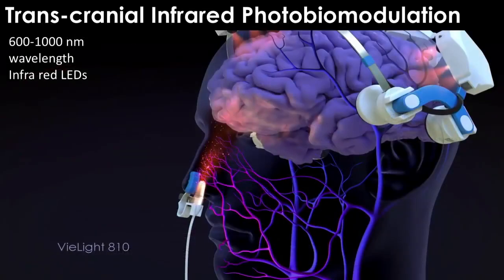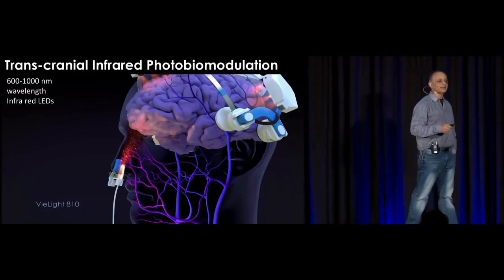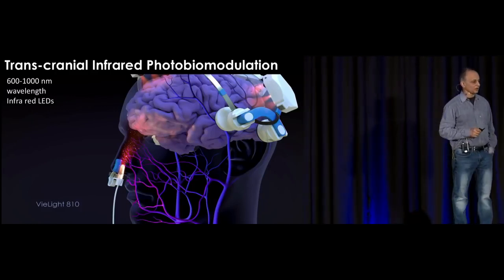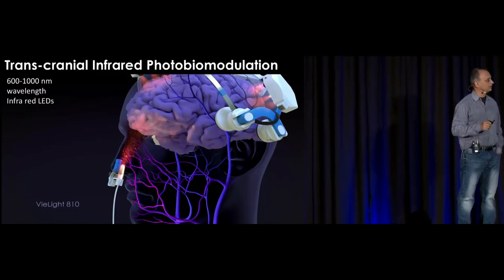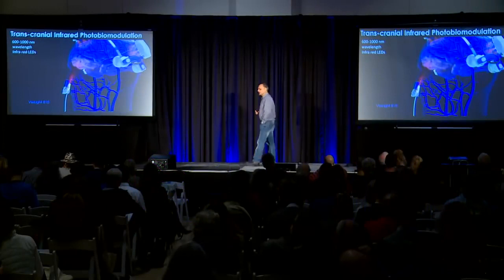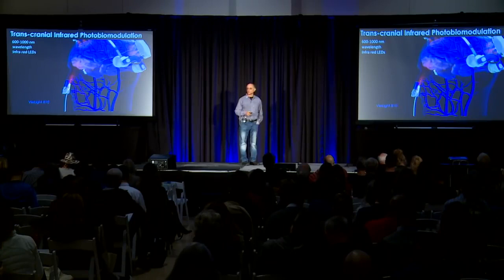So Vielight was one of the first companies to come up with a headset with 810 nanometers of near-infrared light to shine through the skull and up the nose as well. So it turns out that the skull is pervious to light. Who knew, right? There's always a certain amount of light that's entering the skull, very low amounts, but there's always light entering the skull. And if you shine more light through the LEDs at the right frequencies, like 810 nanometers and other therapeutic windows, then these beneficial effects start to accrue in the brain.